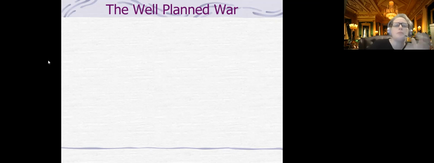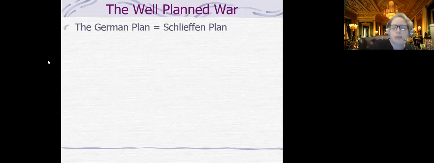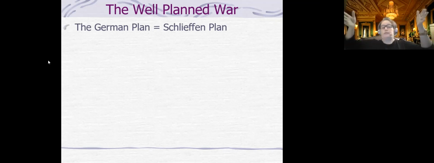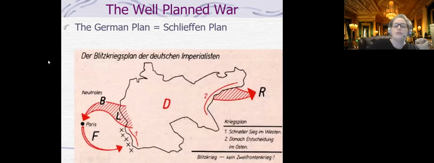But they do come up with some plans. The German plan is called the Schlieffen Plan, after von Schlieffen, who's a military advisor, who comes up with it. It's a plan for how to fight a two-front war. Because, well, now with Kaiser's diplomacy, that's what we're going to have, because France and Russia have an alliance and they're on either side of us and we're in the middle. So we have to figure out how to fight them. So what do we do? Well, this is the plan.